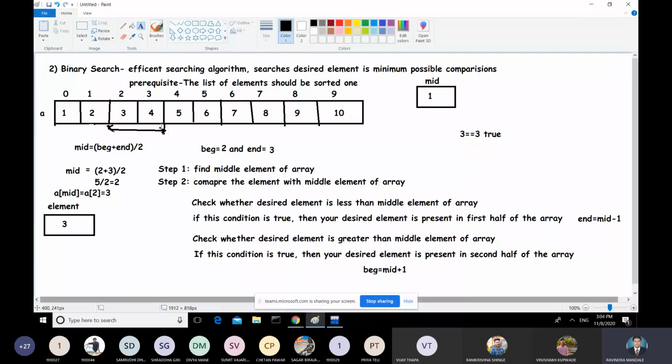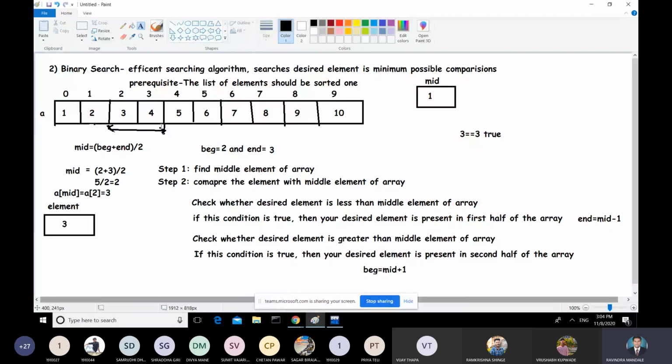Sorry, middle will be 4, since 0 plus 9 is 9, divided by 2. So now neglect the elements 1, 2, 3, 4, so we directly reduce 4 comparisons. In the case of linear search, if you want to search 10 in this array, 10 comparisons are required. So here we have directly reduced 4 comparisons.